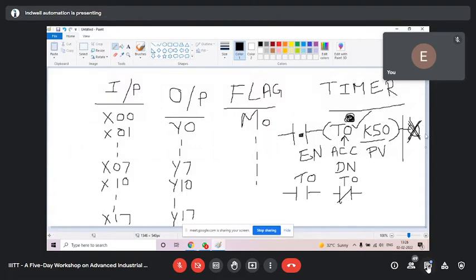So it is clear. If you have timer T1, then T1 will be the done bit. If it is the T2 timer, then T2 will be the done bit. Yesterday you made a program, the last program, with 3 timers. The done bits were M1, M2, M3. If you make the same program in Mitsubishi, then your done bits will be T0, T1, T2. No need to take a flag here. Is it clear? We shall make one example and it will be very clear. Don't worry, it will be clear when we make the program.